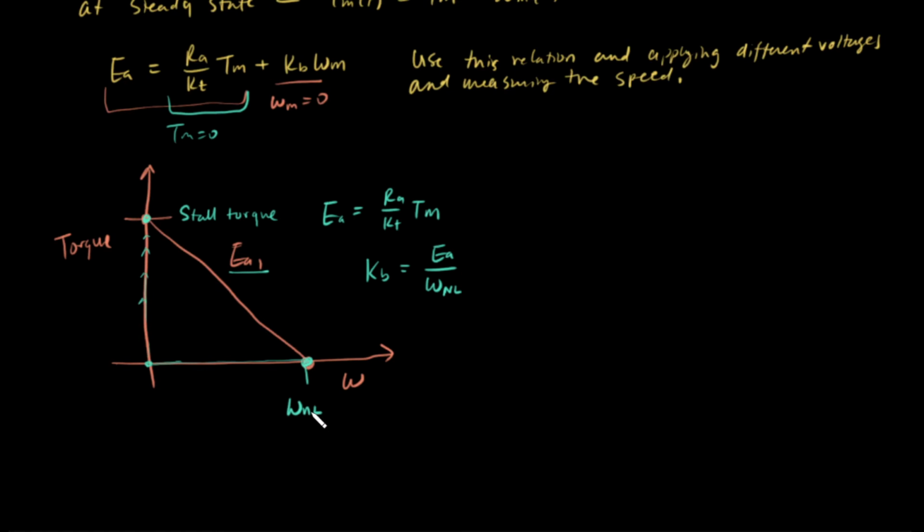This is your omega no load speed, and that's how we find the torque constants and the back EMF constants through experimentation. And like I said, you can look these values up for different motors. Okay,